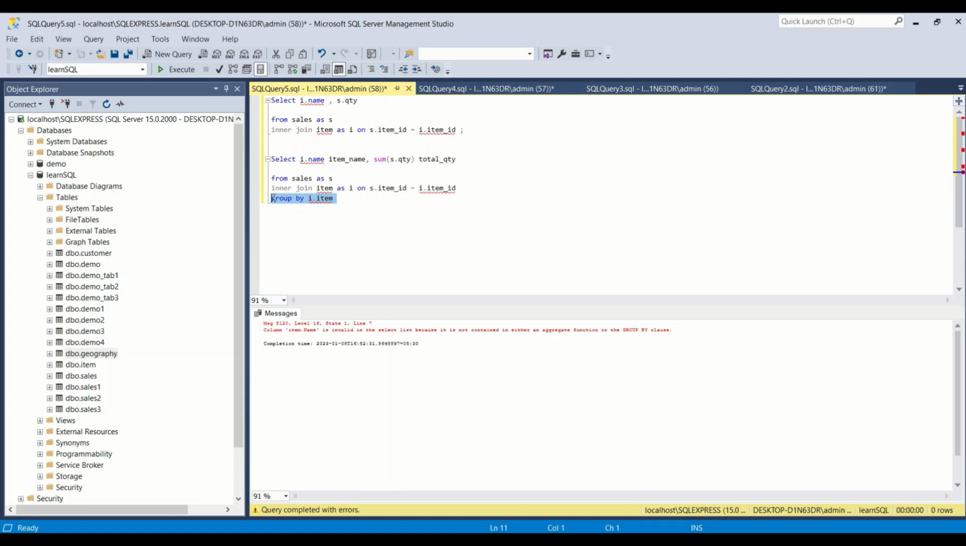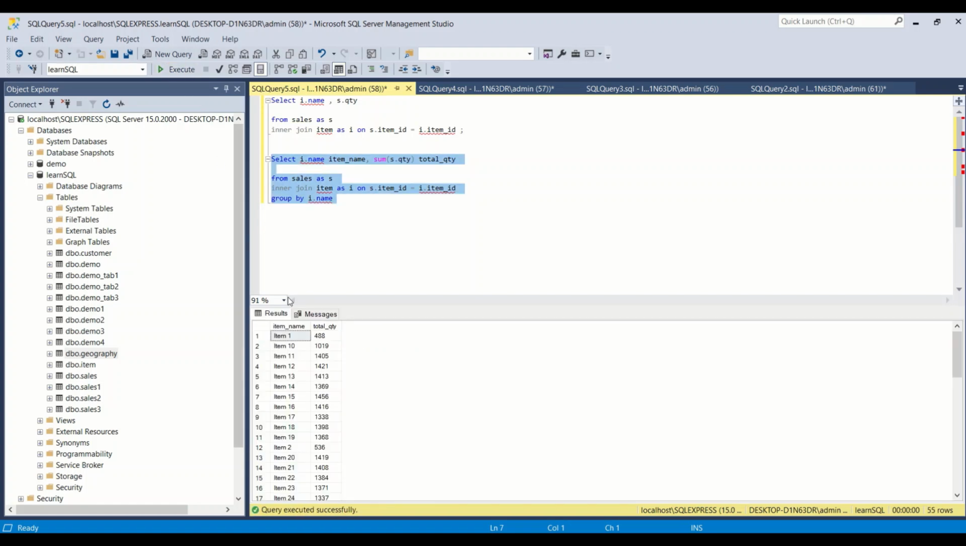So those who are in group by will come without aggregation, and those who are not part of the group by will come with some aggregation. So what we are asking here, sum, and it is saying item because it's not the item, it's name. The column name is name. So